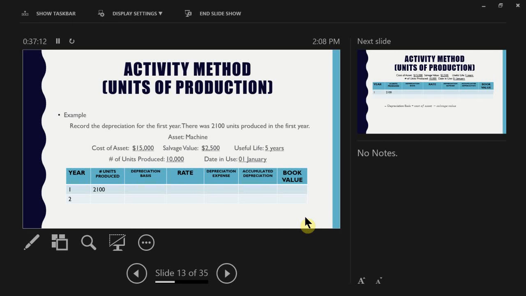Example number 1 tells you that you need to record the depreciation for the first year. There were 2,100 units produced for the first year. Now let's see what this asset is. This asset is a machine. It cost you in total $15,000. Its salvage value is $2,500. Its useful life is 5 years. Its number of units produced is 10,000. And the date it was put into service is January 1st. So, the first formula that you're going to recognize is,